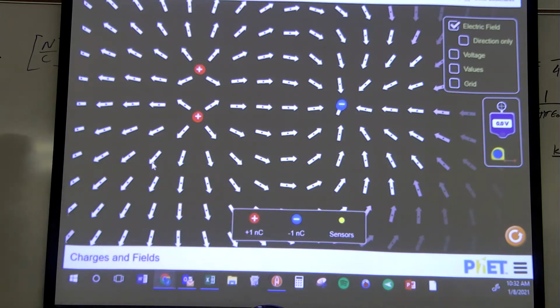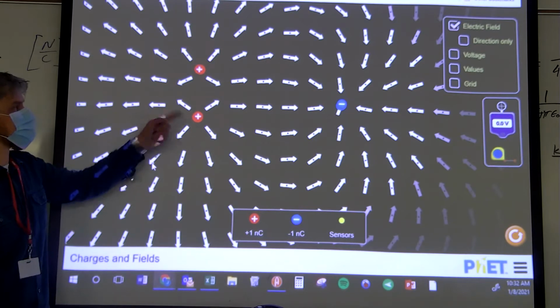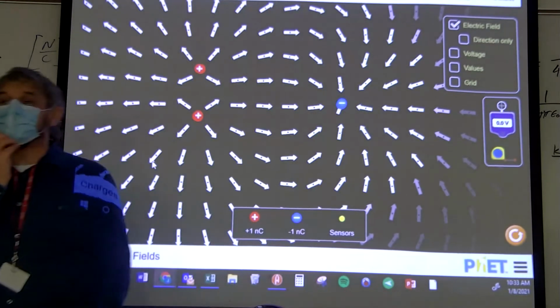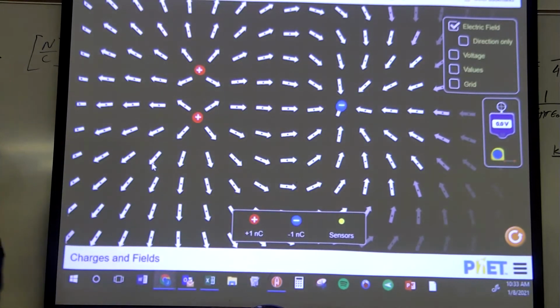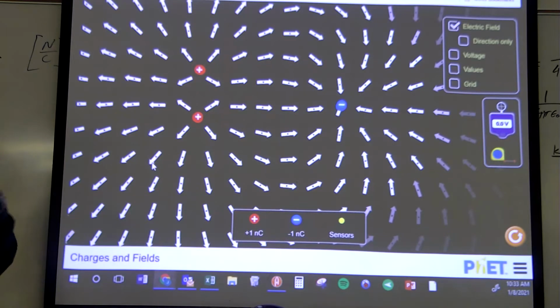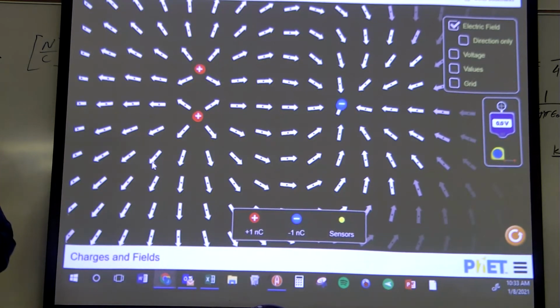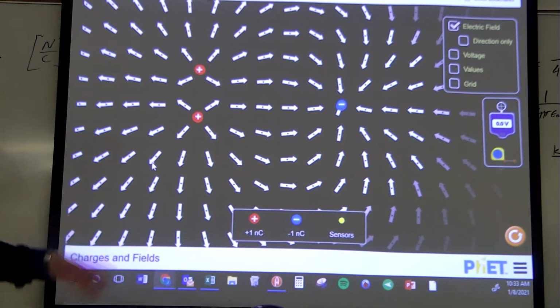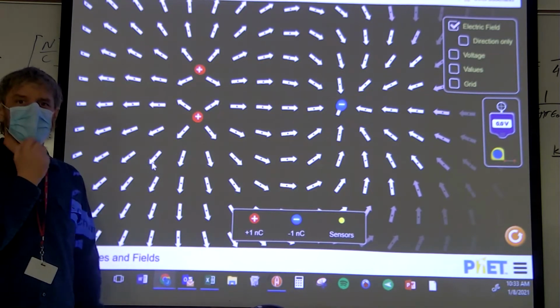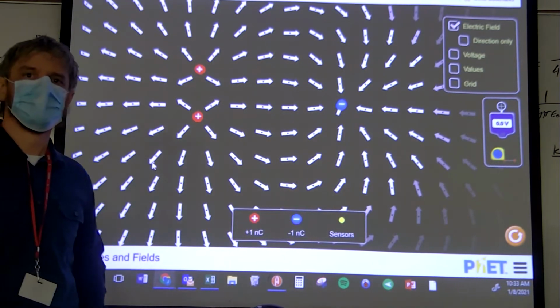And now notice that electric field lines always point away from positive charges and towards negative charges. Again, though, the lines don't actually exist. The field is a thing. We describe that thing with a vector field, right? With a field of vectors surrounding whatever object is creating the field. So the direction of the field,